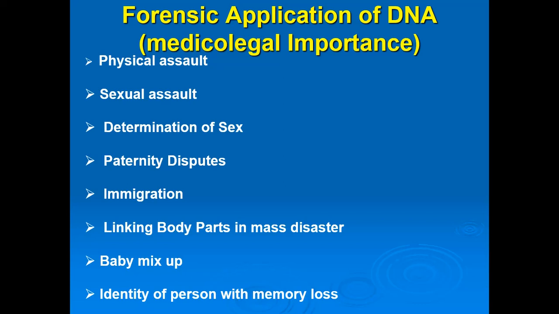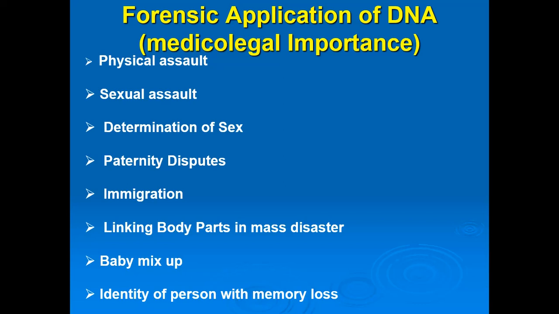So this DNA test is done in cases of physical assault where the offender runs away, is unknown, is not found easily. So a DNA test can be done and his identity determined, then he may be traced. In cases of sexual assault or rape, as I gave you the example of Zainab case and other cases,